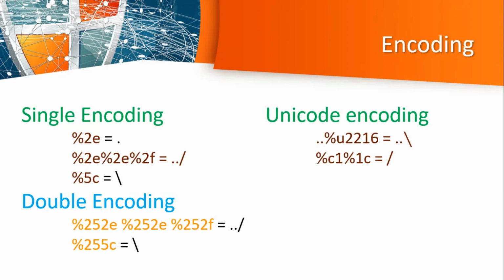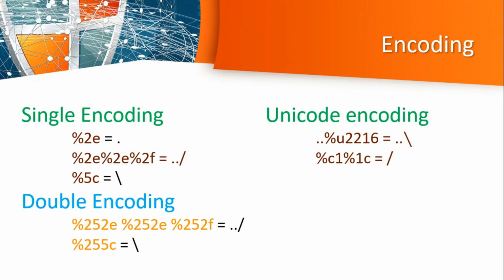Now let's understand encoding in directory traversal. The query string is usually URI decoded before it is used. Therefore, these applications are vulnerable to percent-encoded directory traversal, such as single encoding and double encoding. As you can see in the example, single encoding, %2e%2e%2f, is equivalent to ../. In the same way, double encoding is where the percent is encoded again with %25, so %252e%252e%252f is equivalent to ../. These are examples of single encoding and double encoding.